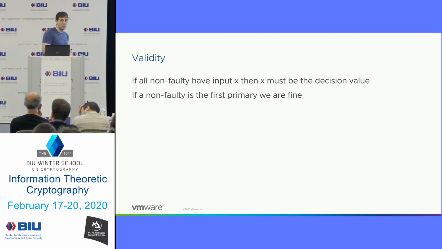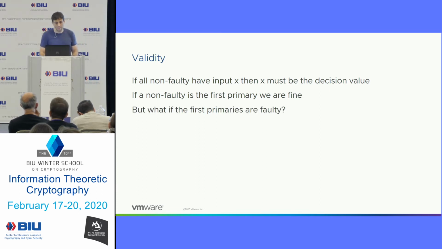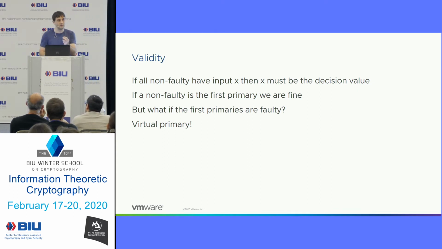And if the first primary is non-faulty, then we're fine, because this non-faulty uses this value. But what if the first primaries are faulty? Okay, so they can choose whatever value they want. And so this is something that I didn't consider yesterday. So here's kind of the way to approach this. It's basically to say that we will not choose a first primary as one of the parties. We will basically assume there was some virtual